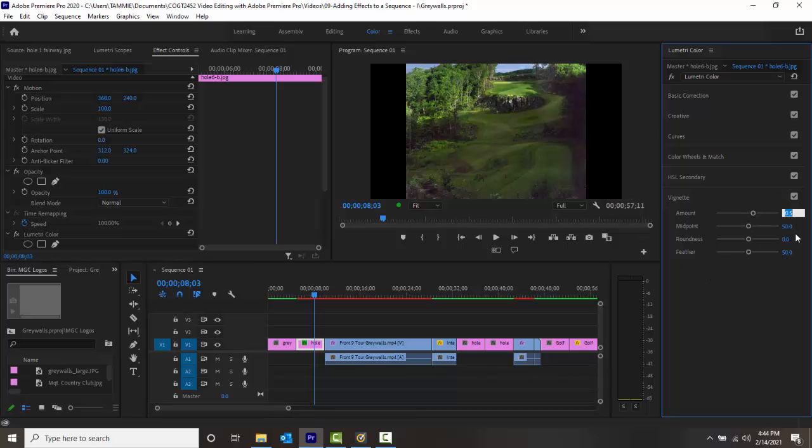Okay, so these 6 different sections of this panel will help you do your color corrections very easily, based just in here. So this is our overview of our Lumetri